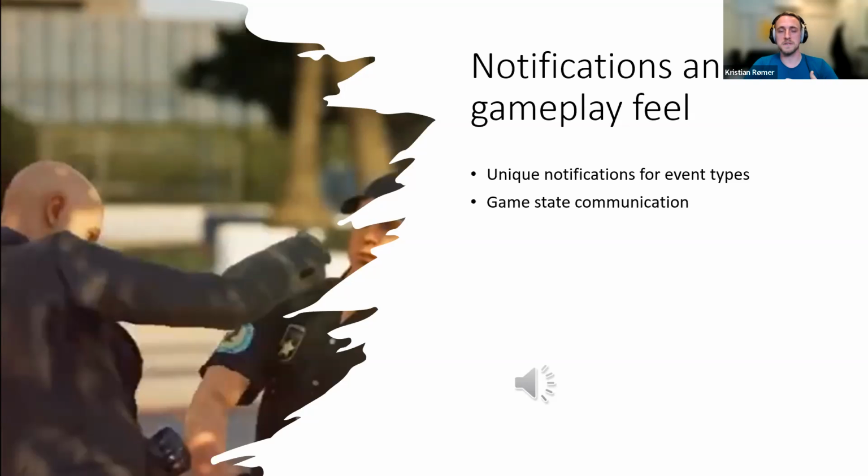We can also use vibrations to communicate different gameplay states. Like you could have the scenario of being at low health, and maybe instead of constantly hearing your heartbeat, you could maybe feel some of that heartbeat instead, or you can communicate that the stress level of the game is intensifying and you have to react to something happening. You can now create subtle vibrations that communicate these state changes.